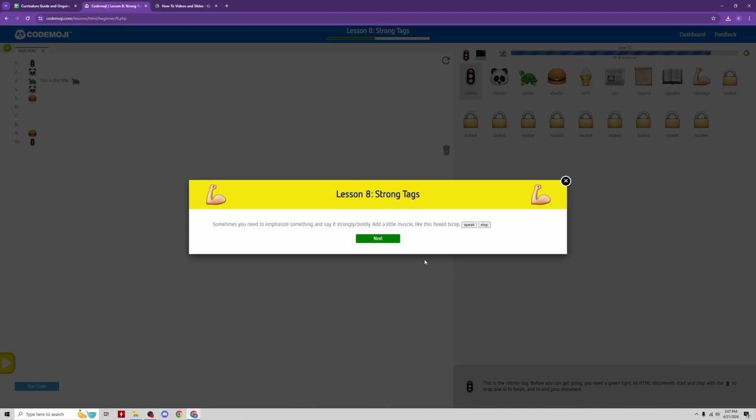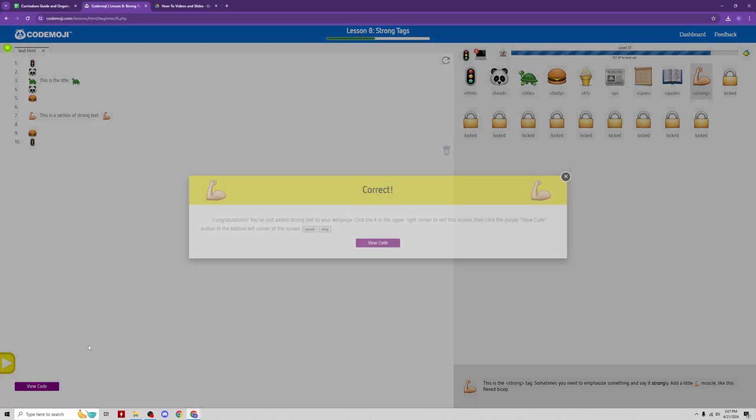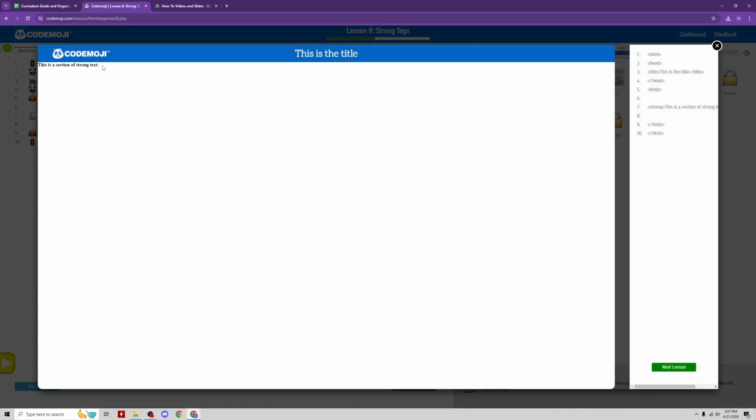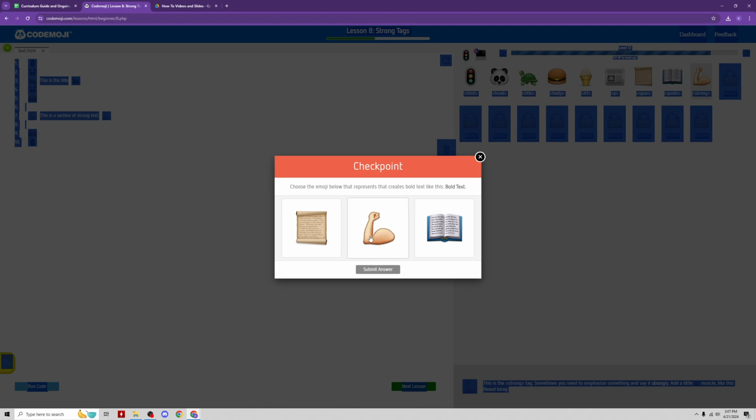So lesson 8 is about strong tags. Sometimes you really have to emphasize something or say it boldly, kind of like a text feature. So you use this to really emphasize a point. And if you see, it has two of the little arm muscle guys or gals, and it already has the start and the stop tag. You can see this is a section of strong text. You can see the bold, and you can see the tag right there. Bold text is going to be